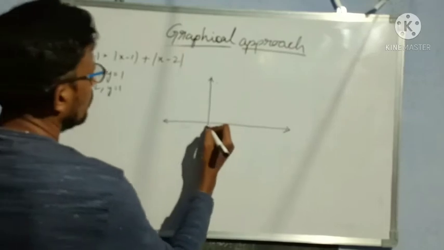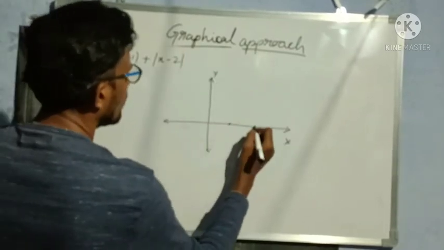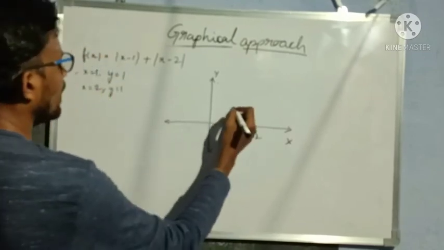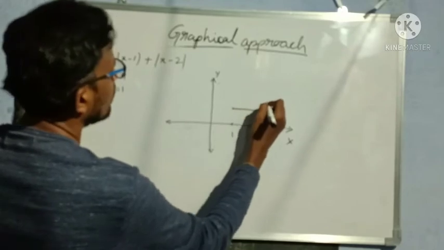So when I take x is equal to 1 or x is equal to 2, the y value is not changing. So this is the x axis, this is the y axis. My x is equal to 1 and this is x is equal to 2. My y value is 1, the same point. Okay. Now what we'll get is a box shape like this.